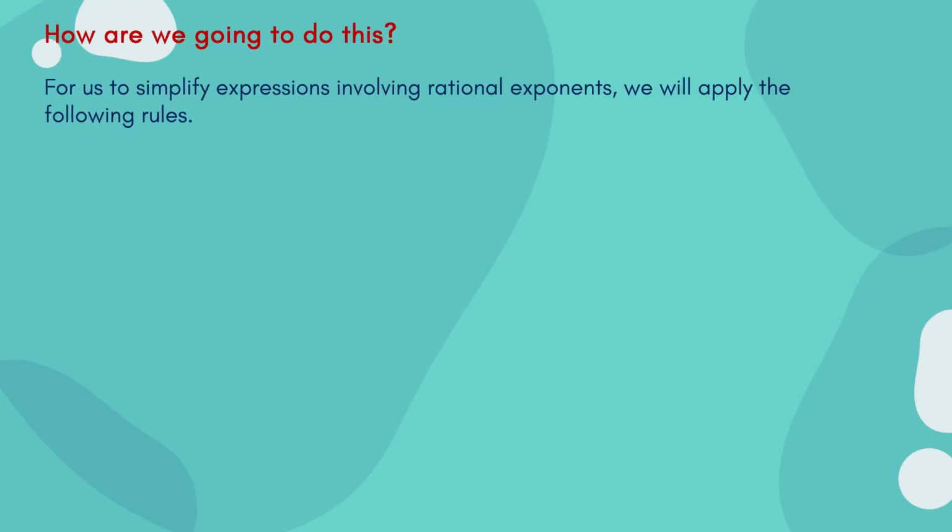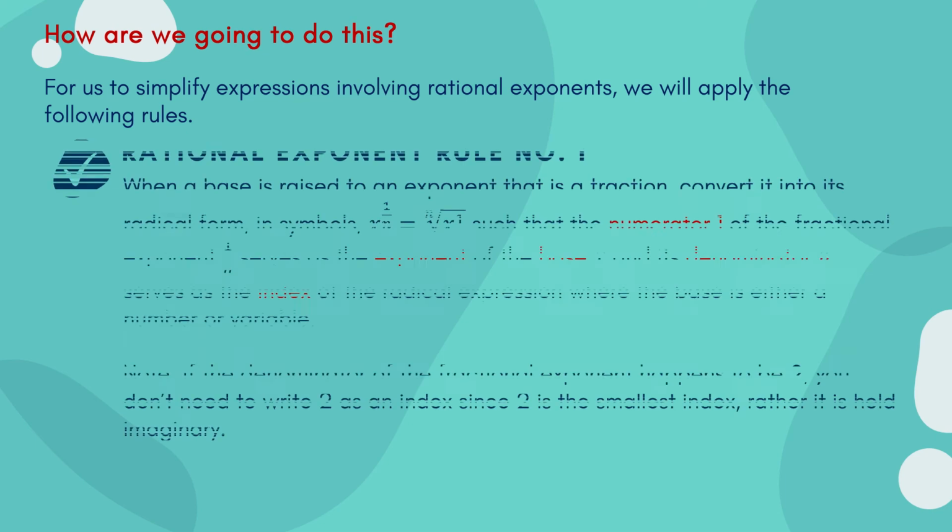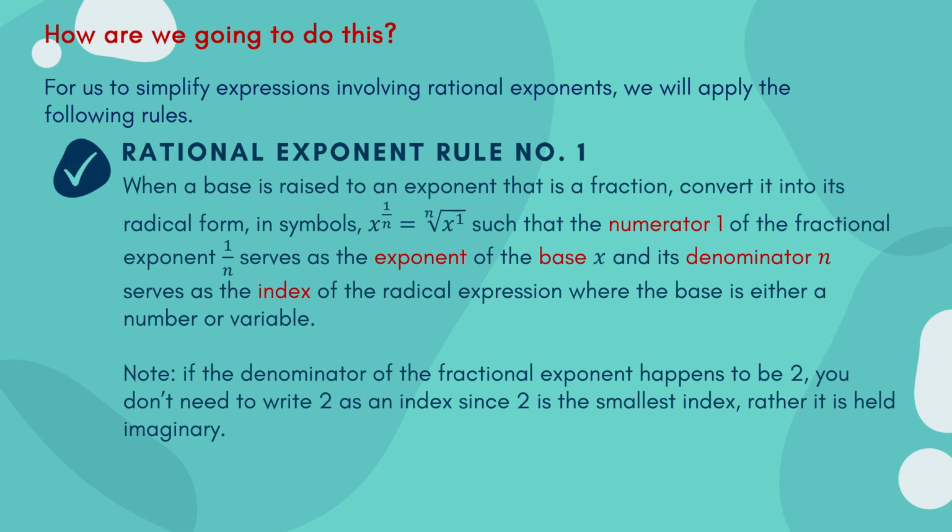So, how are we going to do this? For us to simplify expressions involving rational exponents, we will apply the following rules. So, rule number 1 of the rational exponent. When a base is raised to an exponent that is a fraction, we will convert it into its radical form. In symbols, base x raised to exponent 1 over n is equal to the nth root of x exponent 1,